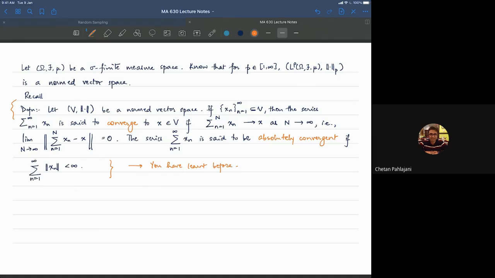Now here is a fact, which basically gives us a way to show that a normed vector space is complete. I am going to state this but not prove it. The MA514 notes have been shared with you, and in them you will be able to find a proof of this, if you like, on the back of page 27. But anyway, I'll just state a theorem which we will use but not prove.